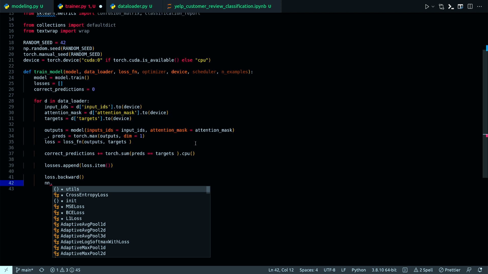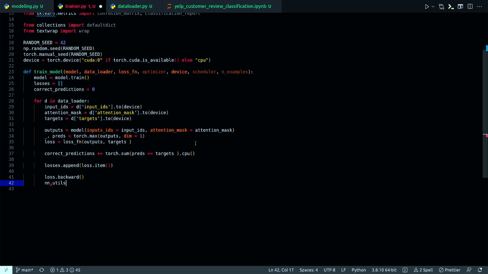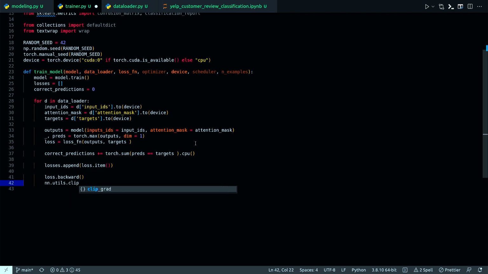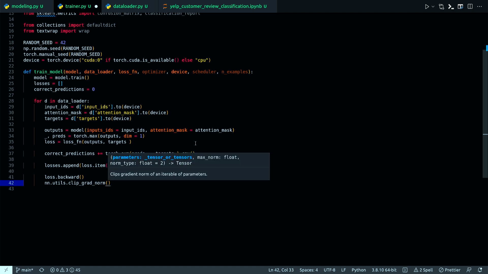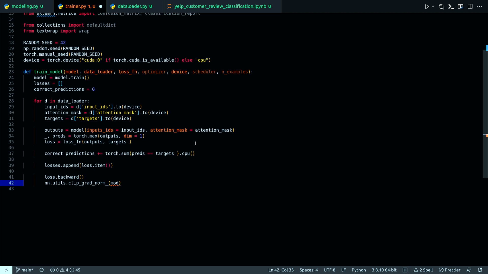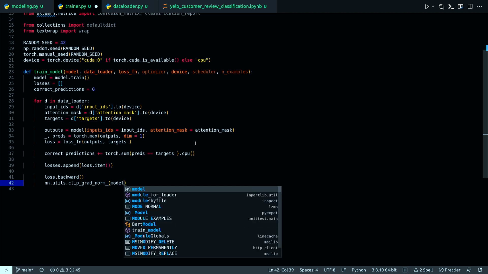And now I'm going to apply gradient clipping to my model.parameters. Gradient clip grad norm. I think there's the underscore here. Model dot